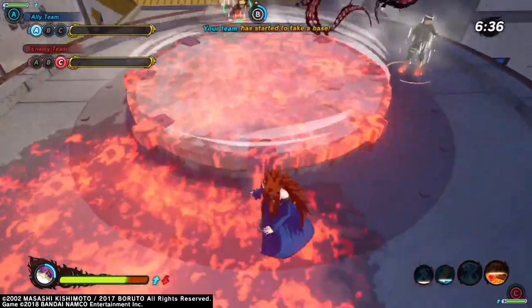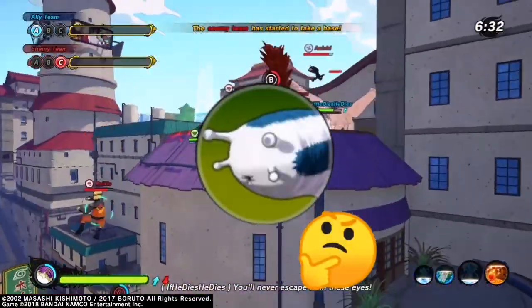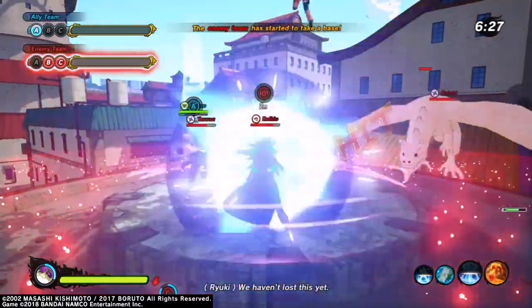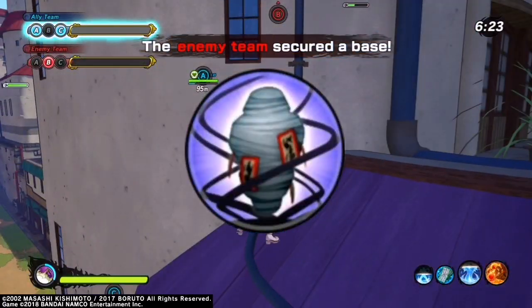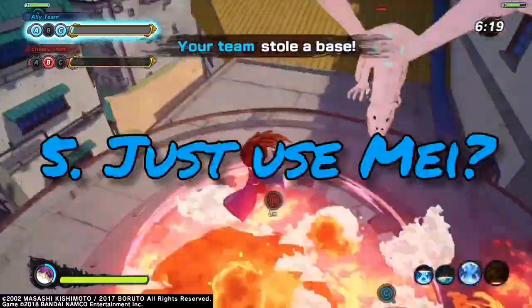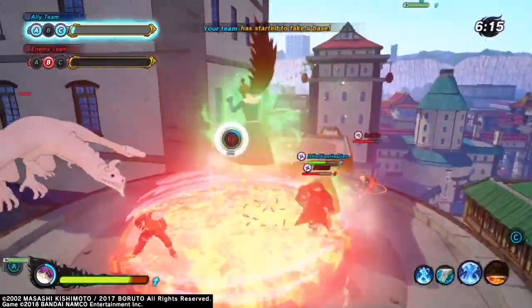Or even the Slug Summon. Base is probably the only one where you could even consider really using that, but I still wouldn't suggest that either. As far as ultimates go, you could run something like Shikamaru's. That's okay for base because people are grouped up a lot, but I might suggest just going ahead and playing as Mei. If you don't want to buy the DLC, I would maybe just play as Mei, because her